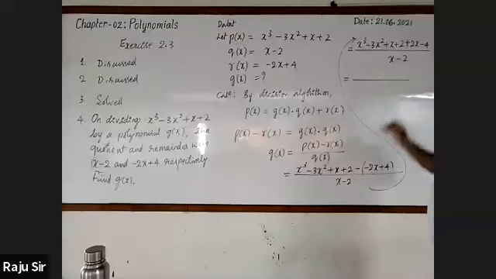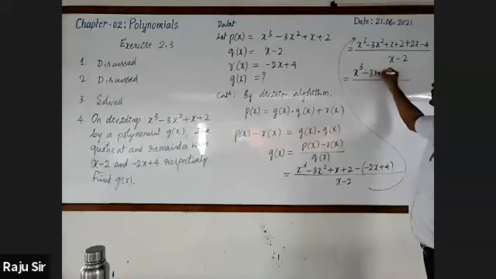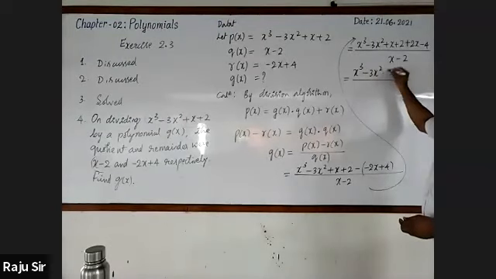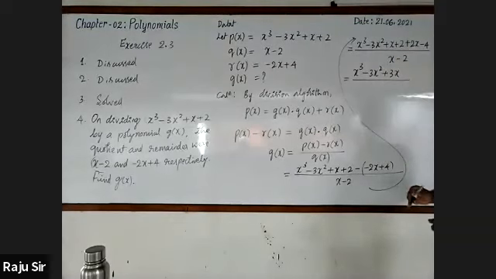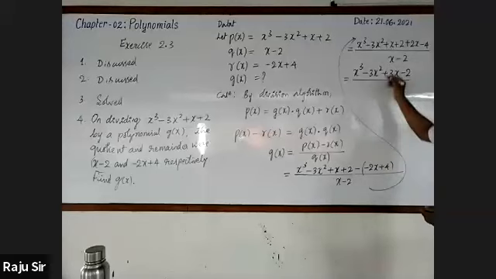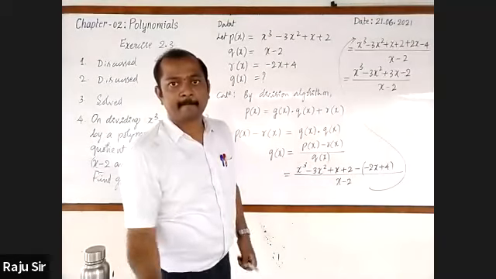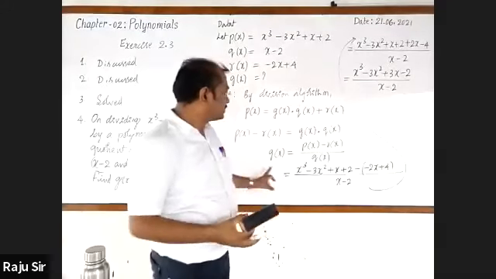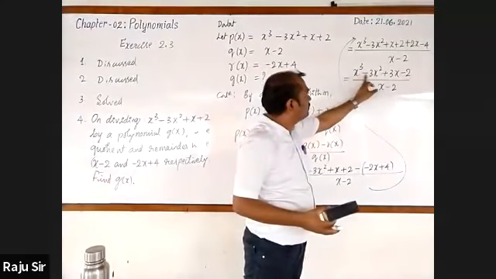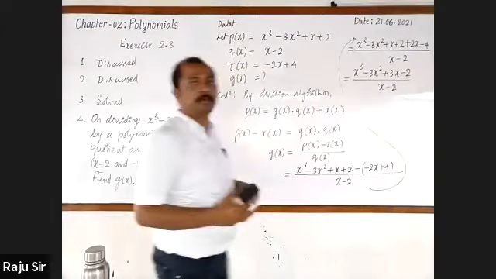This is equal. Let us simplify by taking the like terms. I'll write x cube as it is, minus 3x square as it is. Now see that x plus 2x, this will be 3x. Next here, 2 minus 4, this is minus 2, whole divided by x minus 2. Followed. Now you just observe. To get g of x, this x cube minus 3x square plus 3x minus 2 should be divided by x minus 2.